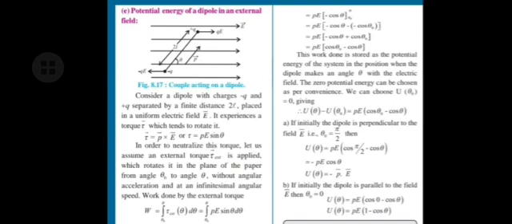Our next topic is conductors, insulators, free charges and bound charges inside a conductor. But that part is deleted. But anyway, we know what conductors are, what insulators are, what free charges are, what bound charges are and all these things. So we will skip that part and move ahead.